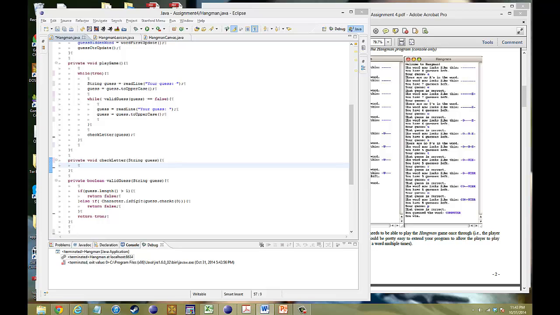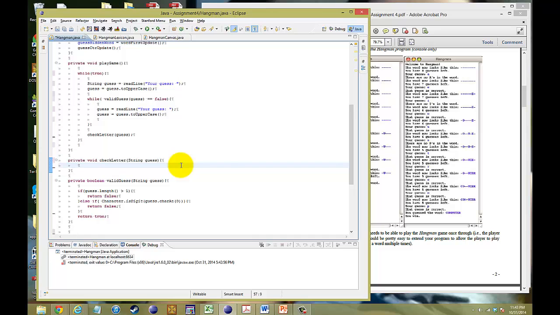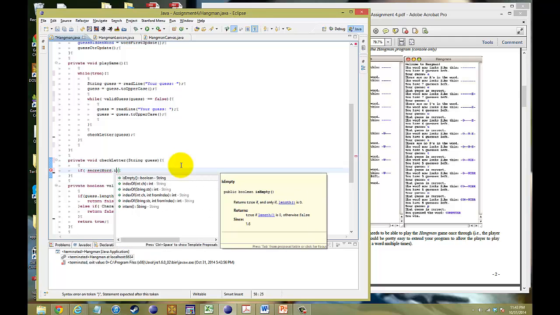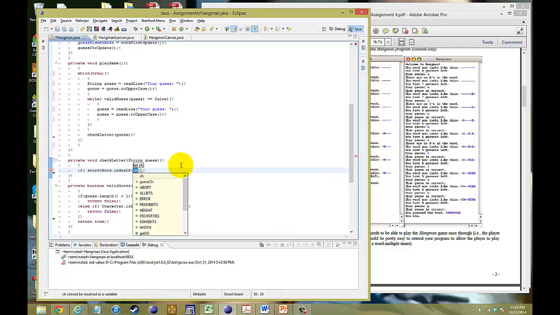So how are we going to do it? Well, first of all, you need to know if the actual guess is in the secret word, right? So the easiest way to do that is to use a method called indexOf. Alright, so here's how it works. If, I'll make it a conditional statement, that secretWord.indexOf of the guess that we just stuck in there,